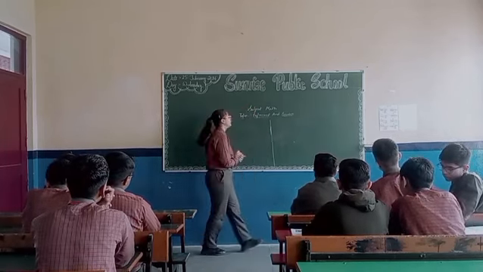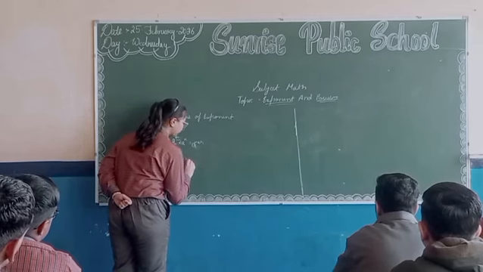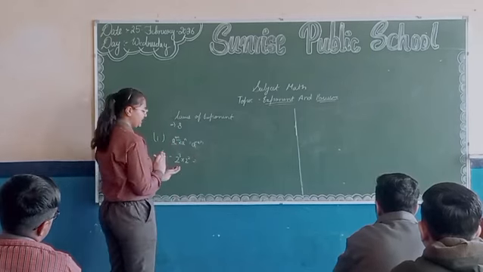In this, a is the base and m is the exponent, a is the base and n is the exponent. You see, the base is the same but the exponent is different, and in between there is a sign of multiplication. So we do addition in the exponent. Example: 2 raised to the power 3 multiplied by 2 raised to the power 2. The base is the same but the exponent is different, so we do addition. 2 raised to the power 5 is the answer.